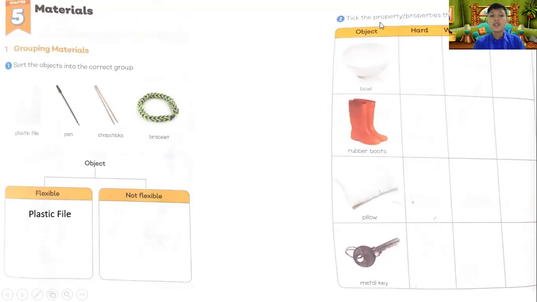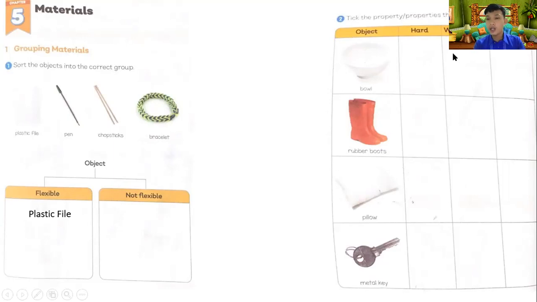Next, in number 2, all right, page 40, we just need to check the box after the image or the picture. For example, the bowl. For the bowl, you need to check if it is hard.